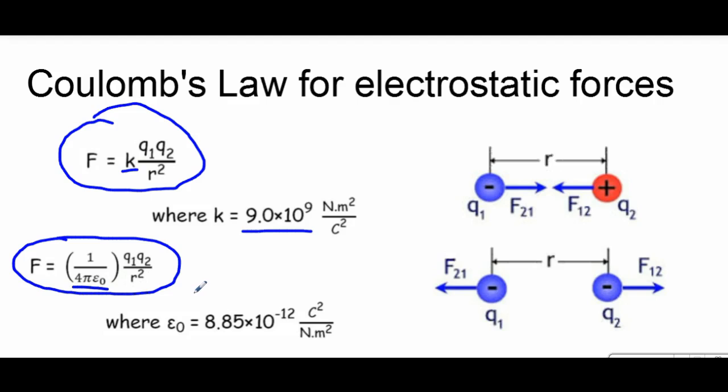We call it epsilon sub naught. And it has the value of 8.85 times 10 to the minus 12. And its units are the inverse of the units for K, so coulomb squared per newton meter squared. And if you put 1 over 4 pi epsilon sub naught, you will indeed get 9 times 10